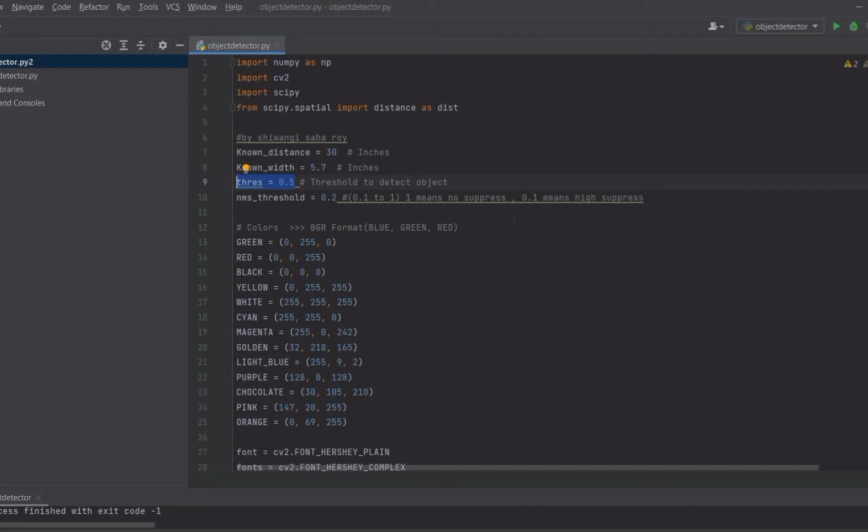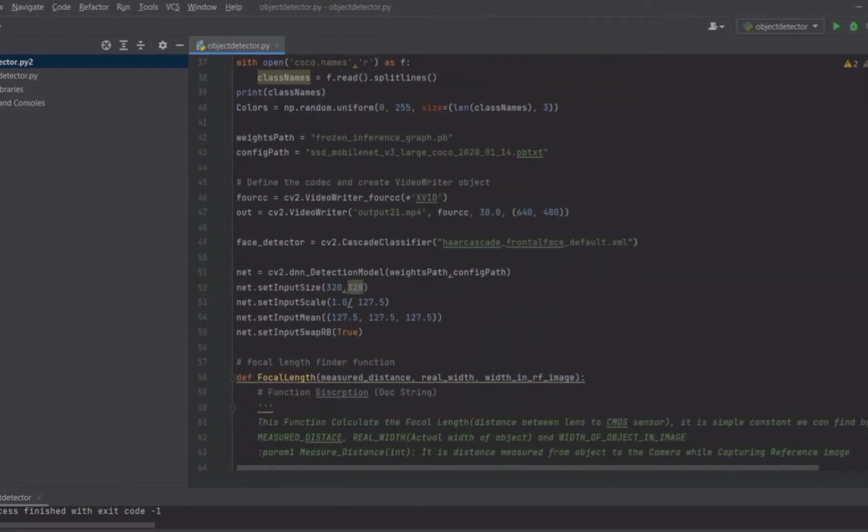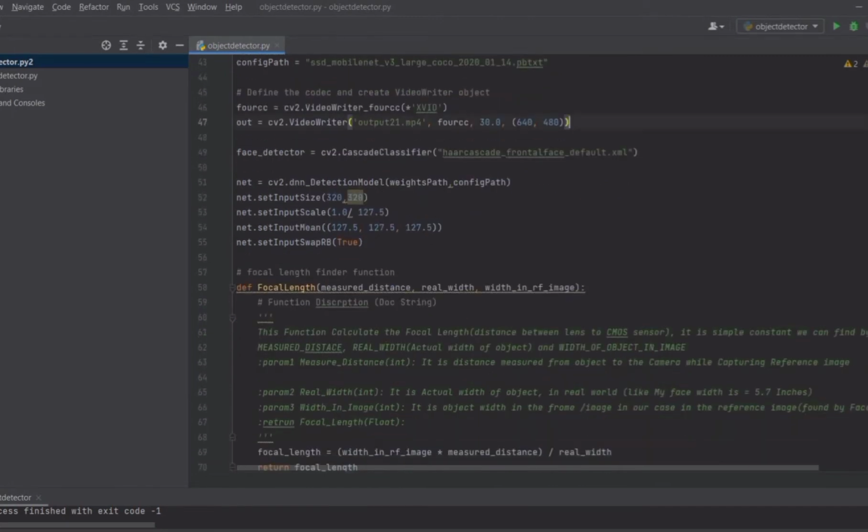The threshold value is kept as 0.5, and for all the objects having a threshold value above 0.5, the bounding box will be formed and further object detection will be done, and objects having a threshold value lower than 0.5 will be ignored directly. For this purpose we are defining the threshold value. This part is for if you are willing to get the output in the form of a video. You can just eliminate it if you want.